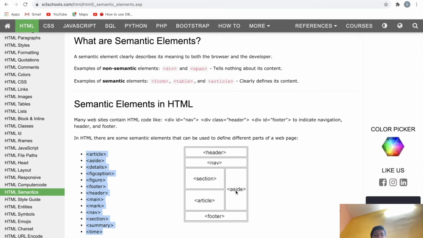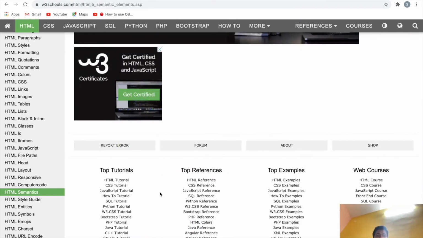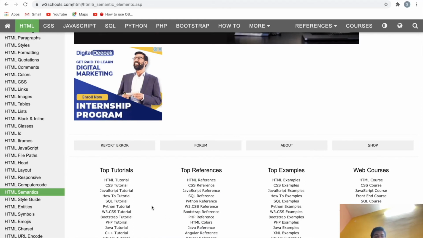Aside means side of the page. Okay, let's come to the footer part. If you go to this page, the footer is always down at the bottom on most websites. For this bottom side, you can use a footer element.